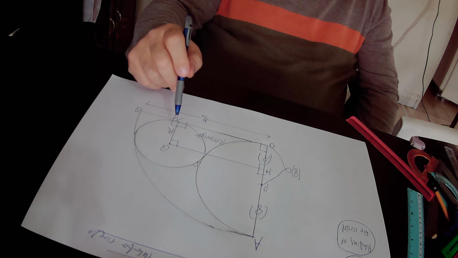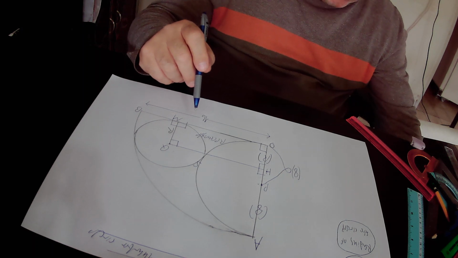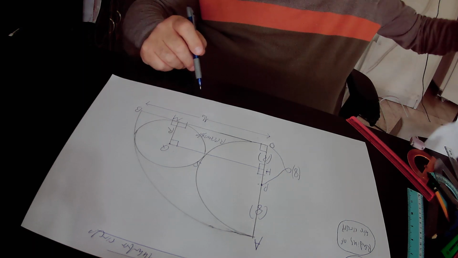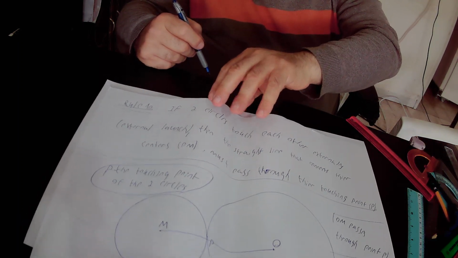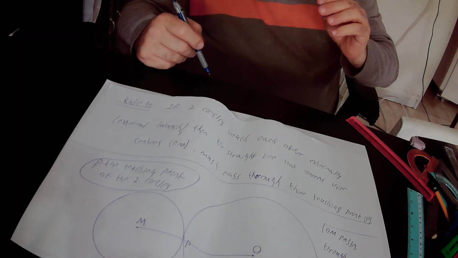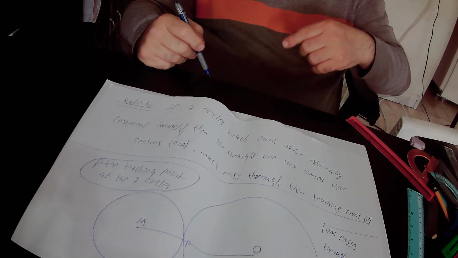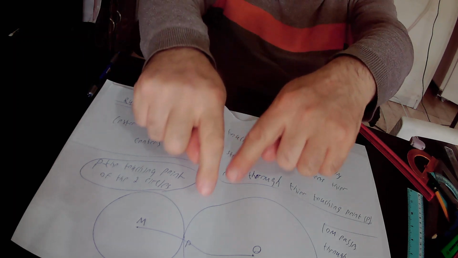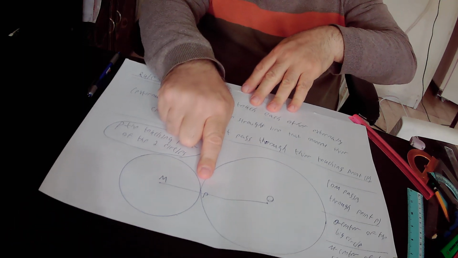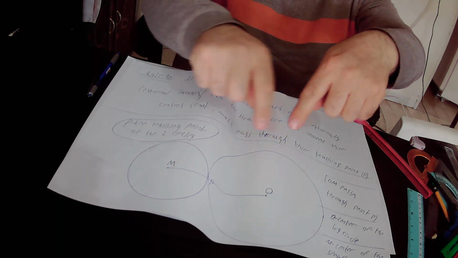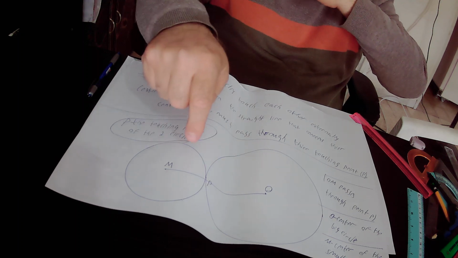And here we can implement rule 10. I'll repeat quickly rule 10. According to rule 10, if two circles touch each other externally at point P, point P is the point of tangency of the small circle with this big circle,